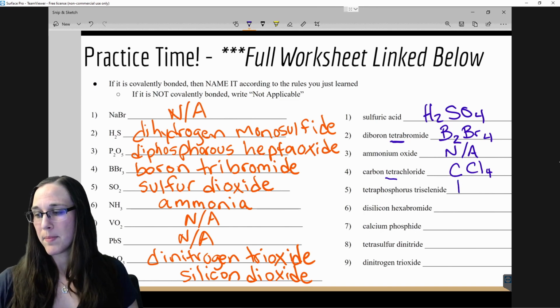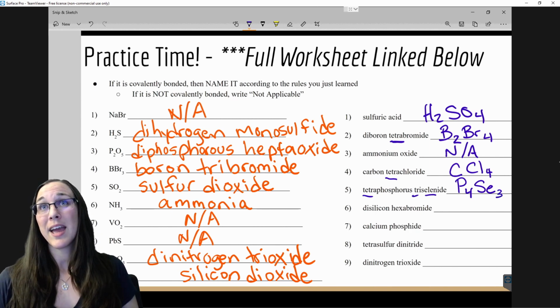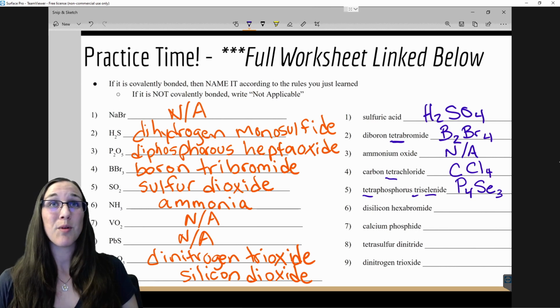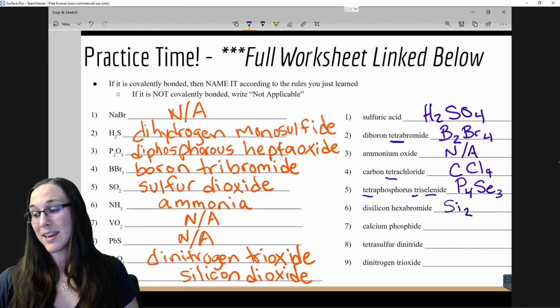So let's draw P and then 4 for tetra, phosphorus, and Se for selenium, and it has 3 of those atoms. Disilicon hexabromide. We have 2 silicon atoms and hexa, 6 bromine atoms. So 2 silicons, Si2. Bromine has 6,